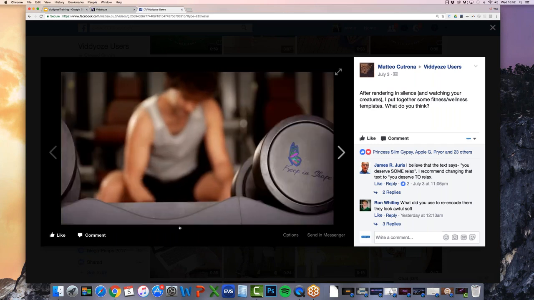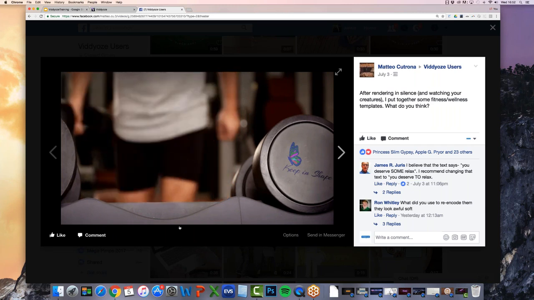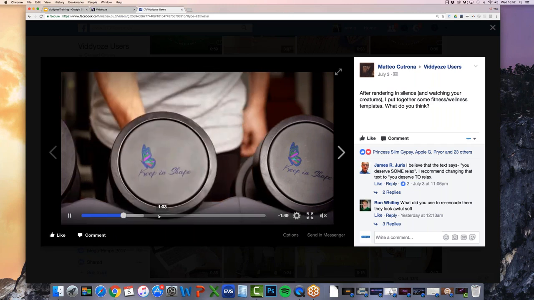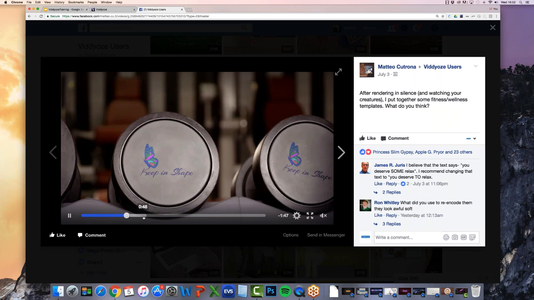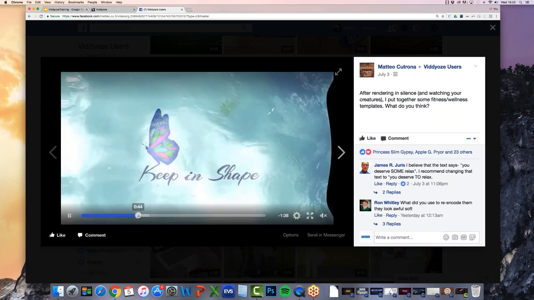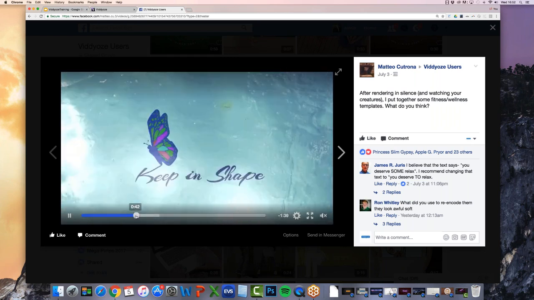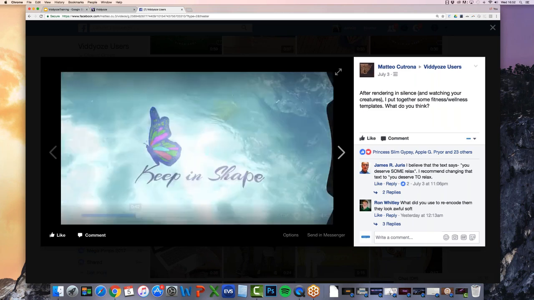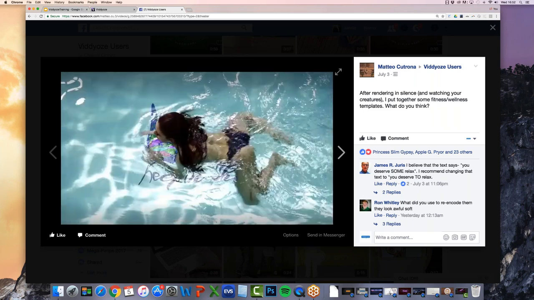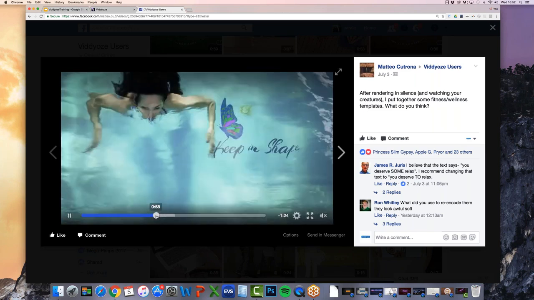Again, using all the gym ones, which work really, really well together. The pool ones would work well in this as well. I don't know if he uses the pool ones, but you can see these have just been pieced together one after the other. Yeah, he does use the pool one. You just got to pick out the right templates you want to use and then make sure they piece together pretty well in your video editors.